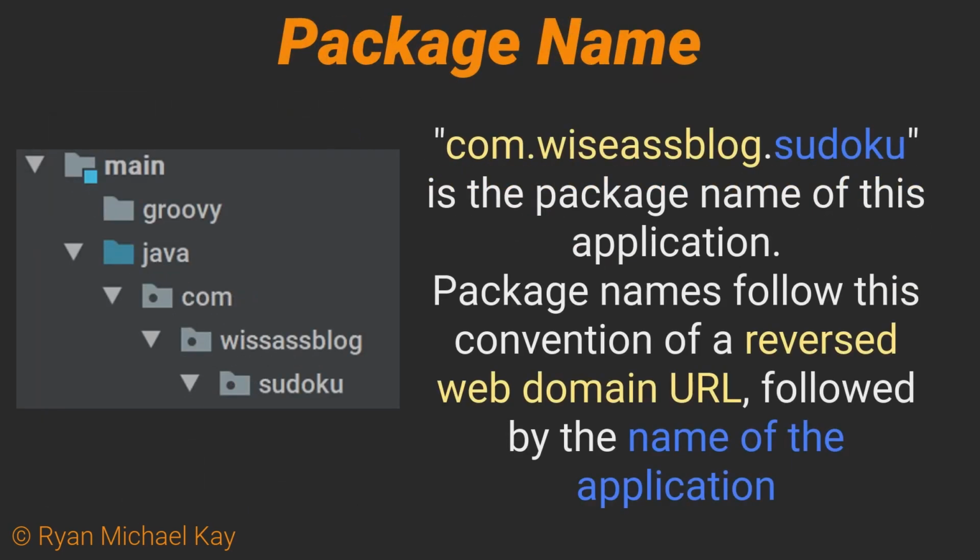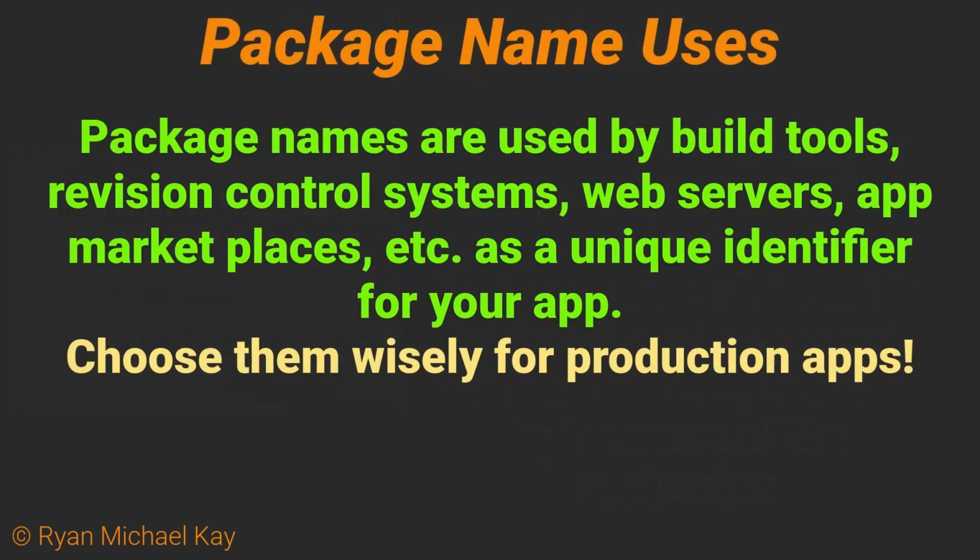They almost always follow a convention which looks something like a reversed website domain URL. The assumption is that you or the company you work for have registered a domain, and that is the domain name you would use here. For students, it is okay to use whatever you want, but a common convention is to use com.example.someApplicationName. The purpose of this package name is to provide a unique identifier or signature for a specific application. Obviously, you should not reuse the application names even in your learning projects.